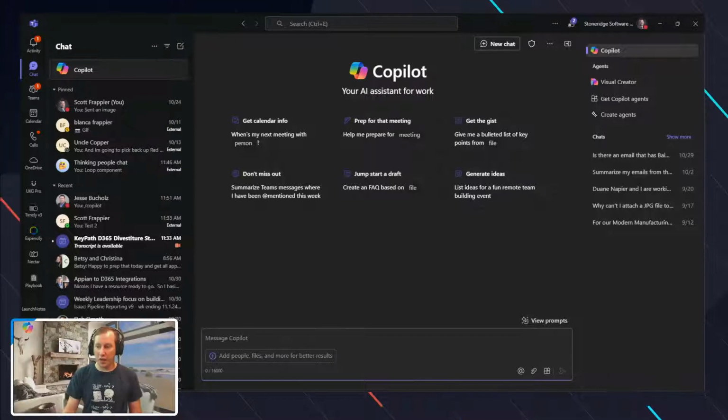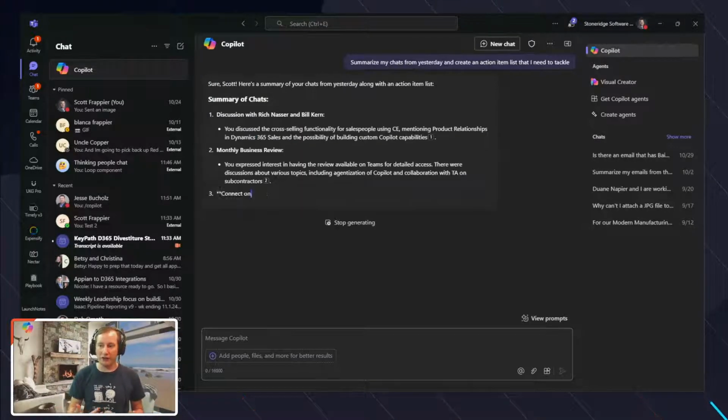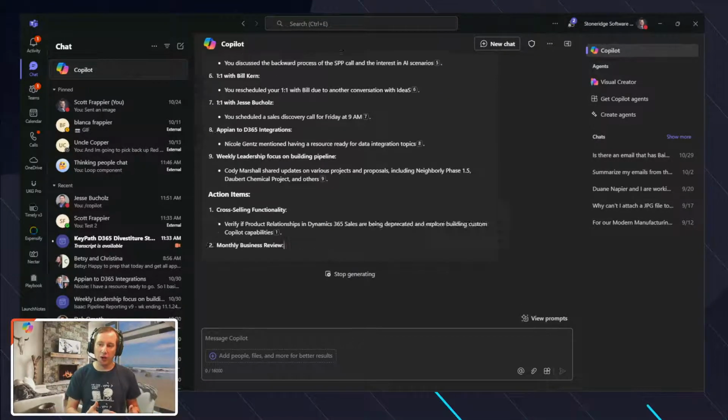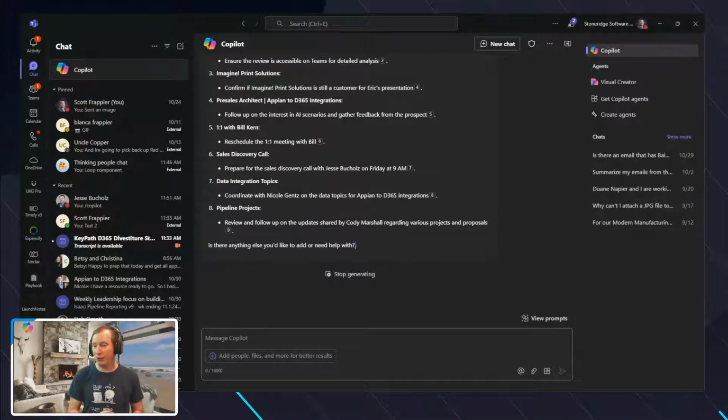So as an example here, I could say, summarize my chats from yesterday and create an action item list that I need to tackle, right? Something like that. I'm doing this on the fly to see how well it does, because I want to make sure, obviously, that this product is going to be exactly what we say it is.